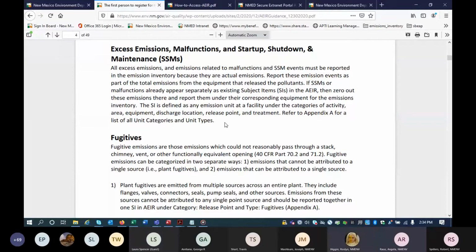Mm-hmm. And I'm going to keep going, Rosalind, because we have a couple questions while we were going through that. The first one is about what about the people with NOIs instead of NSRs for SSM emissions? If you have an NOI instead of an NSR with SSM emissions, you will be adding pieces of equipment to your inventory reportal. And we do ask that, if possible, and if it makes sense, you add the SSM emissions as coming from each piece of equipment. So you'll have whatever piece of equipment it is that has SSM and its total actual emissions, including SSM.